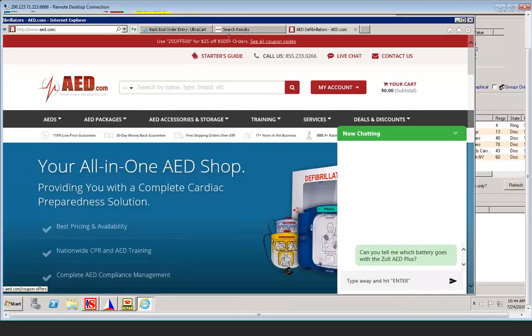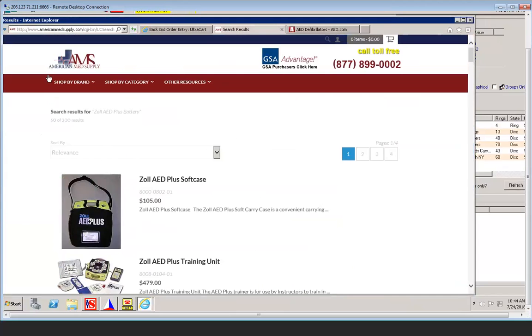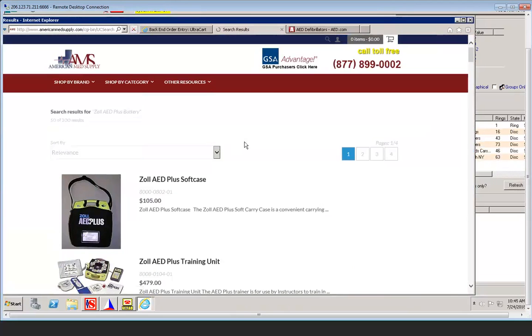In the meantime, let me minimize it and go back to their website where I want to show you different things. They have a menu to shop by brand. As the caller mentioned, it was a Medtronic. You can go to the defibrillators or accessories for it. You'll find your parts there as well. Same with any other brand. Cardiac Science is a very popular brand. If we go to their accessories,